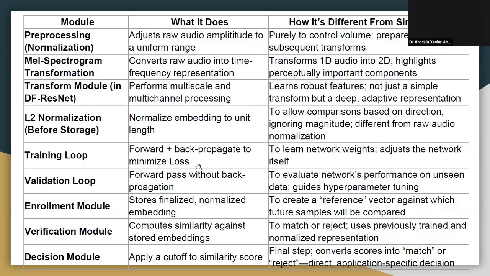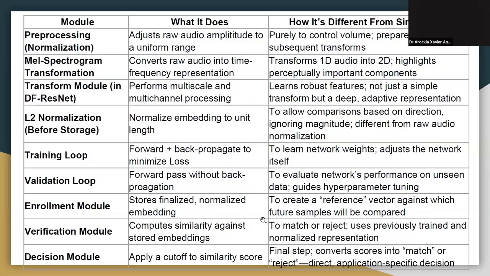The training loop in our system design is a forward pass plus backpropagation to minimize the loss and learn the network weights, adjusting the network itself. The validation loop is a forward pass without backpropagation to evaluate the network's performance on unseen data, and it guides the hyperparameter tuning on its own. The enrollment module stores the finalized normalized embedding and creates a reference vector against which